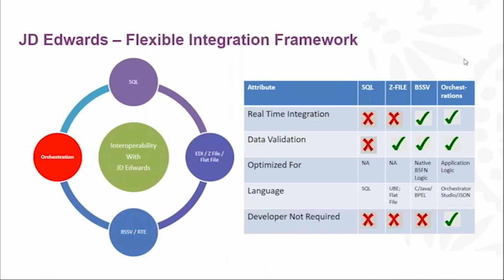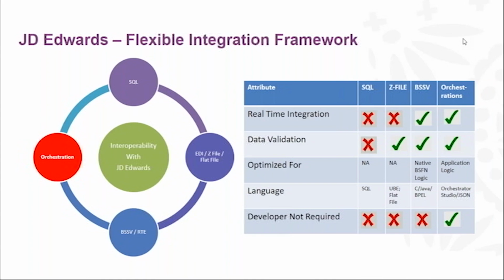JD Edwards provides many different ways to integrate to third-party systems, and each has its own advantages and disadvantages. As you can see from this slide, some of the integration capabilities are available since the inception of JDE, such as SQL, Z files, and EDIs, and things like that. Some have recently been introduced, such as business services and real-time events,